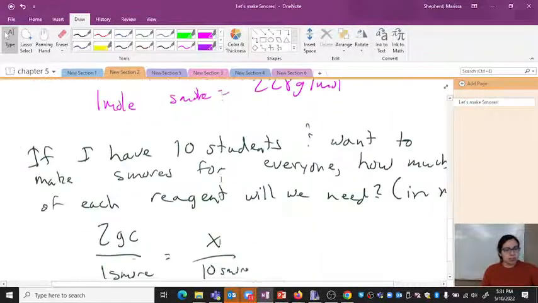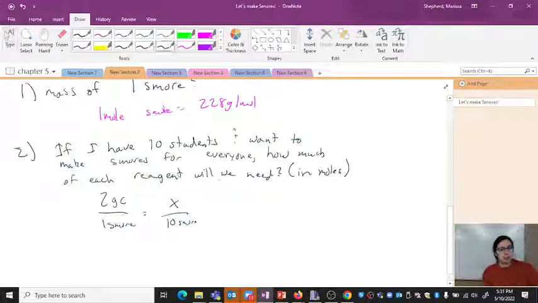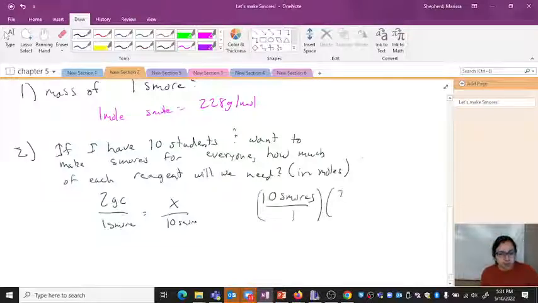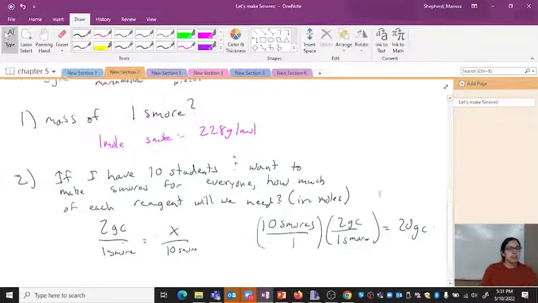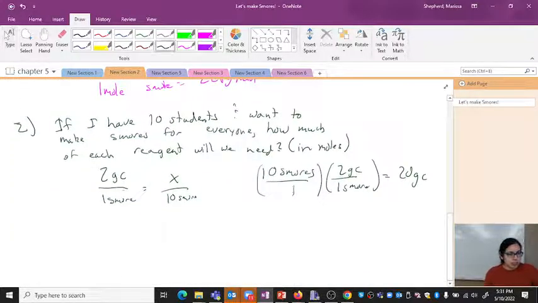You could also set up with dimensional analysis. So I have 10 s'mores, and you want to get to graham crackers, you could set up a conversion. There are 2 graham crackers in 1 s'more. And so, of course, that would also give you 20 graham crackers. And so just like you said, you would have 20 graham crackers,